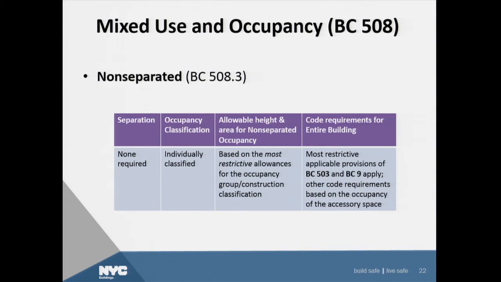Non-separated occupancy. Again, obviously there's no separation requirements for fire resistance rating. These are also individually classified. Again, it's based on the most restrictive allowance for the occupancy group classification for Table 503. So whatever is more restrictive in the area is what you would be using. And again, per Table 503 and BC9, you would use what's applied. If there's an accessory use, you would again apply those requirements. Going to the next slide,